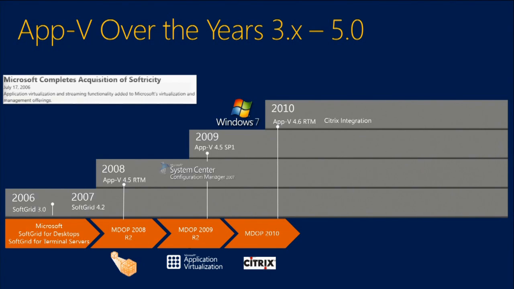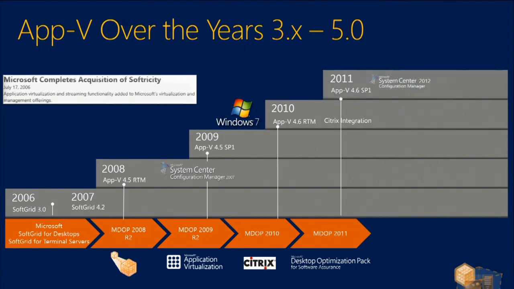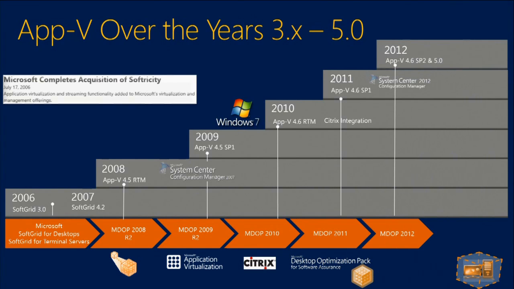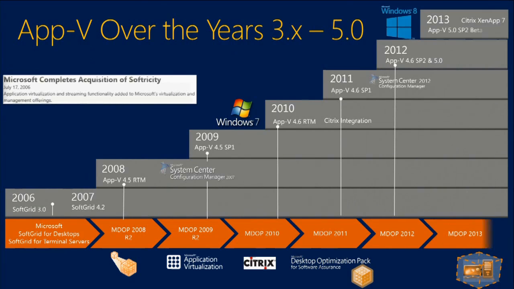We moved into 2010 when Windows 7 came out, and 2011 as we developed it for newer operating systems and newer delivery systems like 2012. Now we start seeing AppV 4.6 become part of that solution, and AppV 5.0 as the delivery options were made much more viable. And now moving forward, you start seeing AppV 5.0 and lately Service Pack 2, and you start seeing it integrate with Citrix.